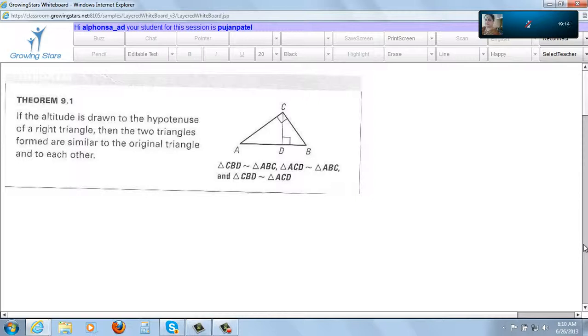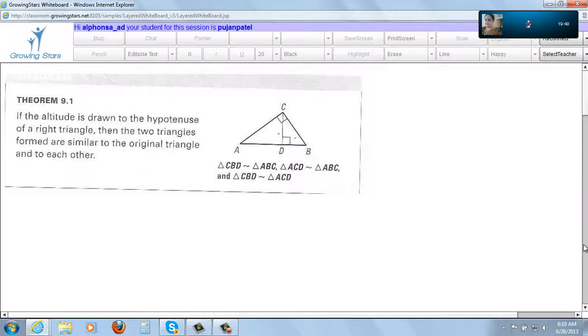Can you see what's on the board? If you notice, how many right triangles can you see in this figure? Two, yes, two obvious ones. But actually there are three, isn't it? You have the triangle CAD, which is a right triangle. BDC is a right triangle. And of course ACB is also a right triangle.